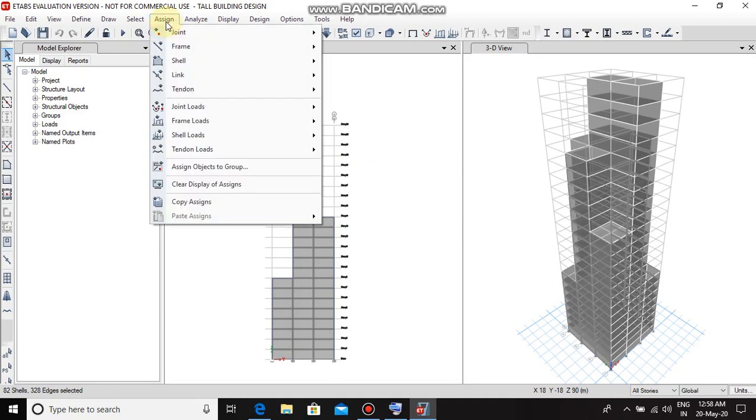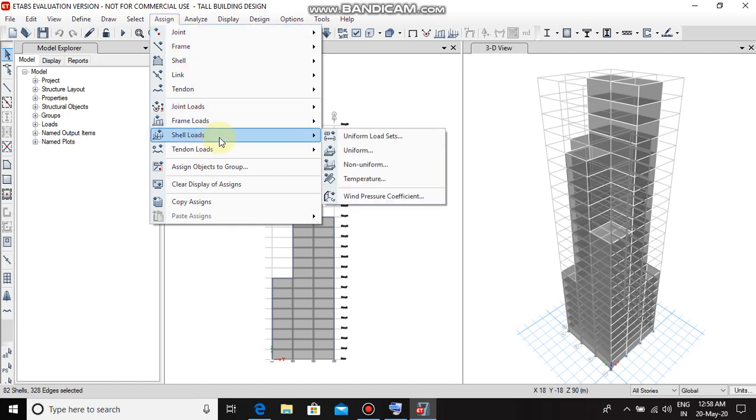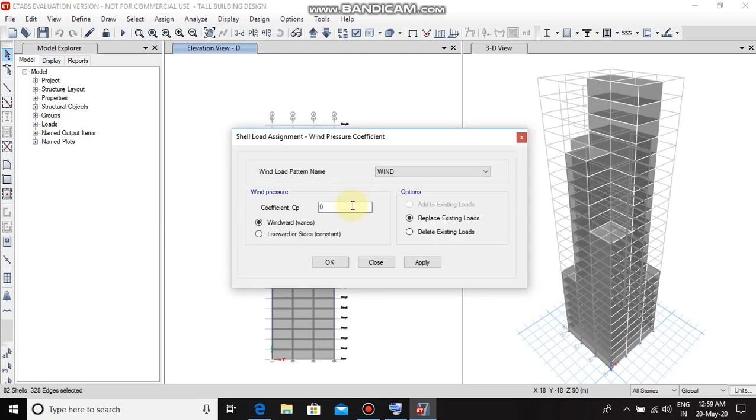Assign, shell load, wind pressure coefficient as minus 0.25, leeward, apply, OK.